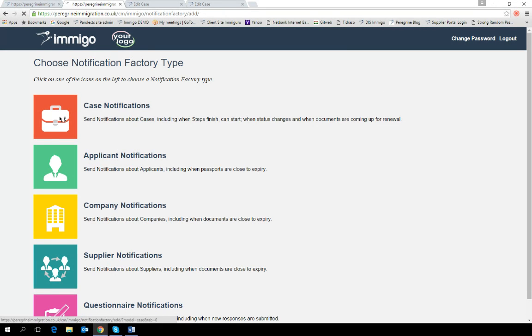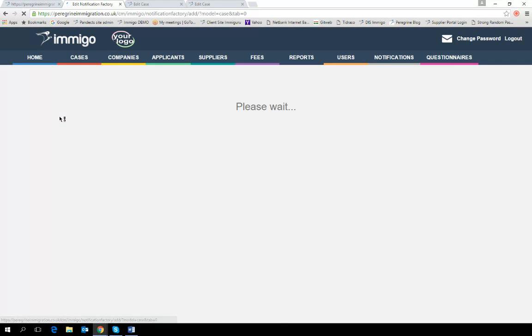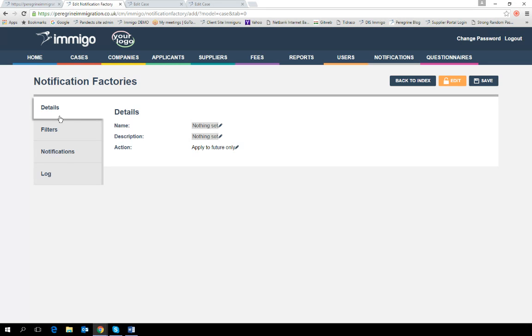Once you have selected a notification factory type, you can give that factory a name and description. The name is compulsory, the description is optional. These items will feed through to the table in the notifications library to allow you to quickly identify existing notification libraries. You should also select here, using the Action menu, which cases or applicants you want the notification you create in